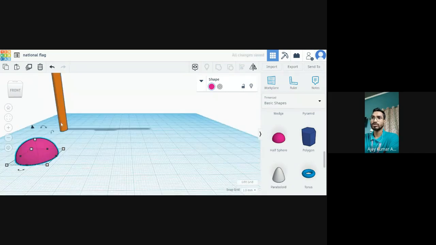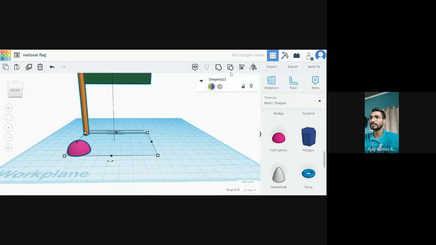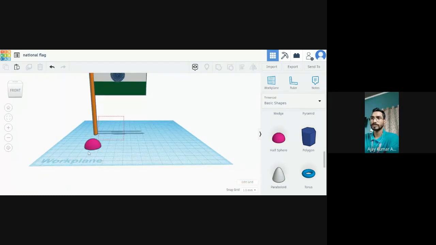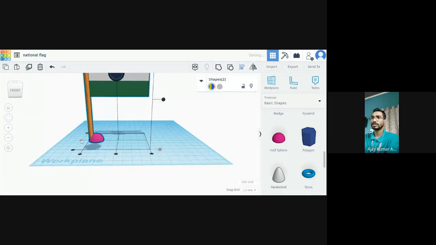Okay, so also you can just use again the alignment command. So just simply select the two figures and go to the alignment and just select this center part. Okay, let me zoom it. So just simply select the two figures. Okay, just go to the alignment and simply make it aligned.